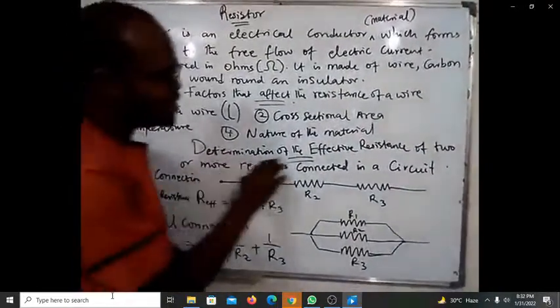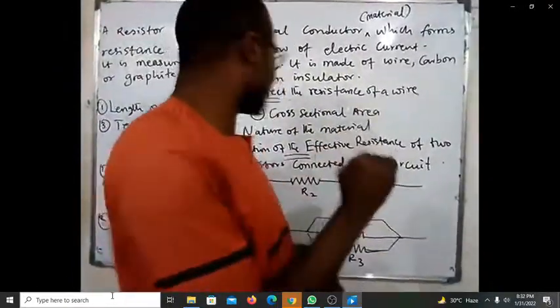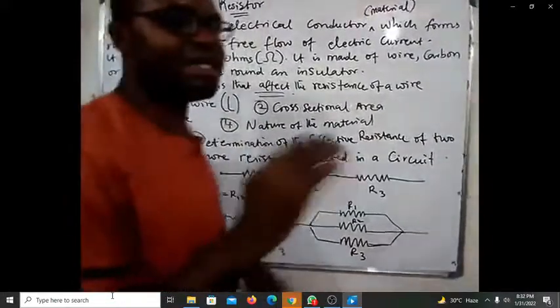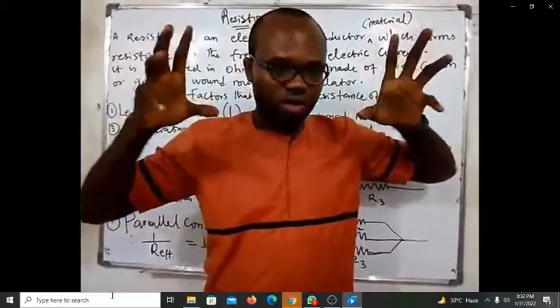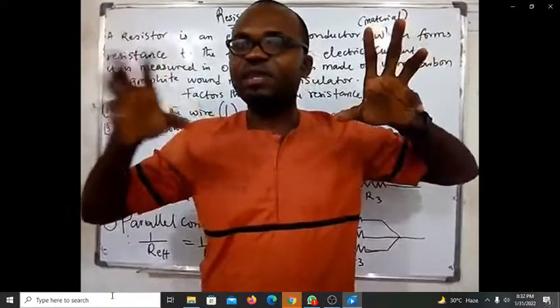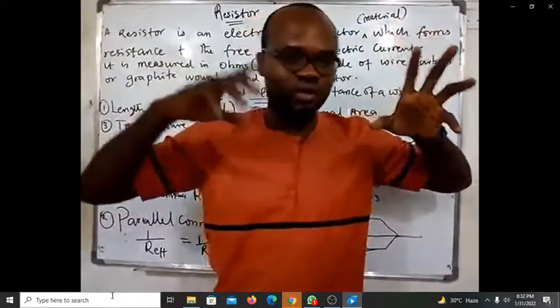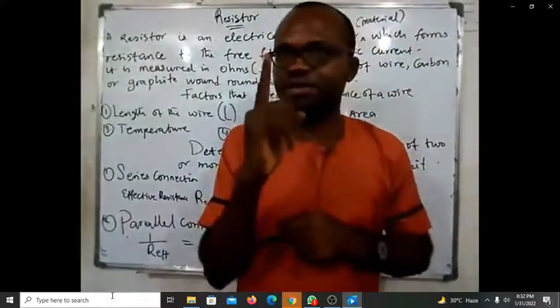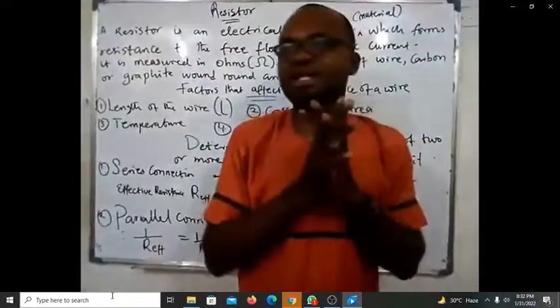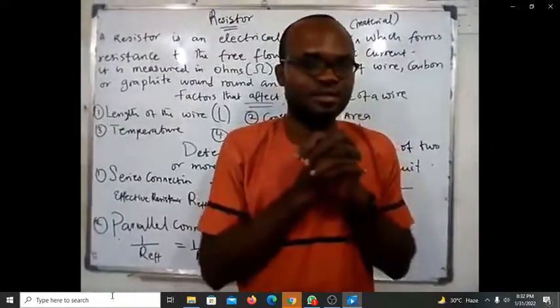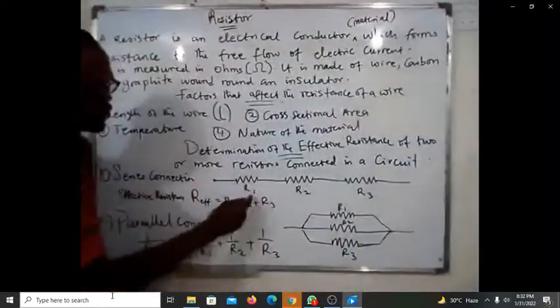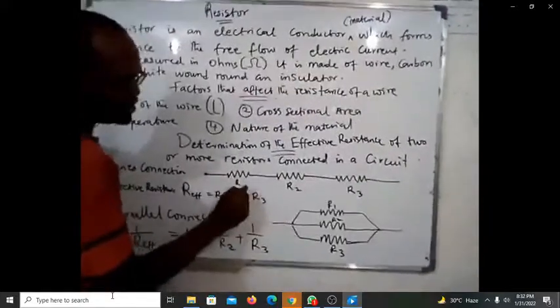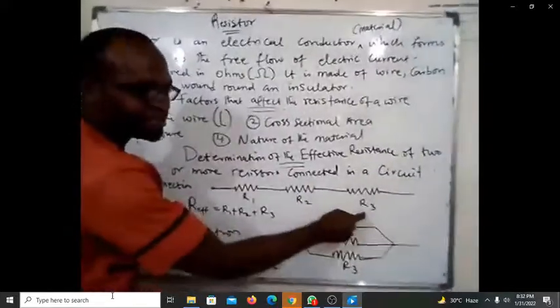Now we look at the determination of the effective resistance of two or more resistors connected in a circuit. Every big circuit that will do a very great amount of work is normally made up of two or more numbers of what? Resistor. It's not only one resistor. So how do you calculate the total resistance or the effective resistance in the circuit? Is that clear? So if you look at the connection here, who can tell me the difference between how this resistor 1, resistor 2, and resistor 3